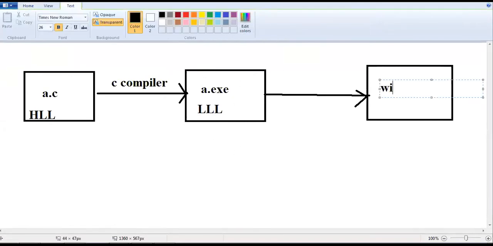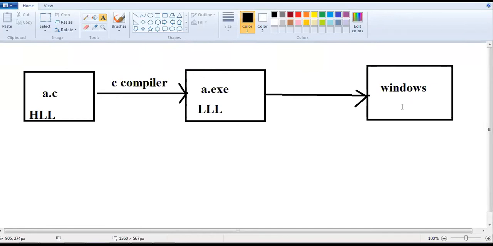For example, it is Windows OS. It is converted to binary code for Windows. One operating system can understand one kind of binary code. The Linux operating system can understand another kind of binary code.